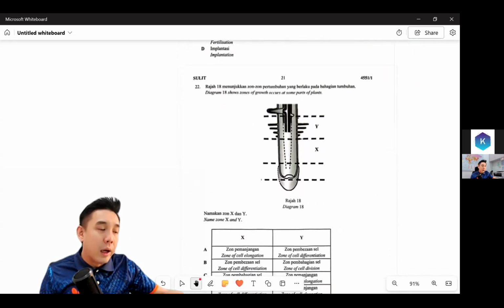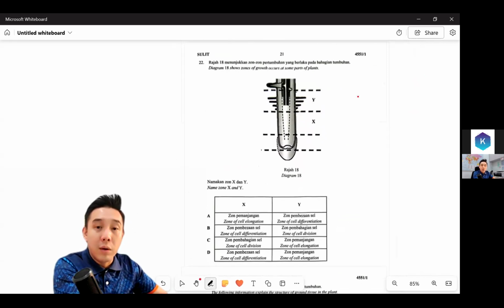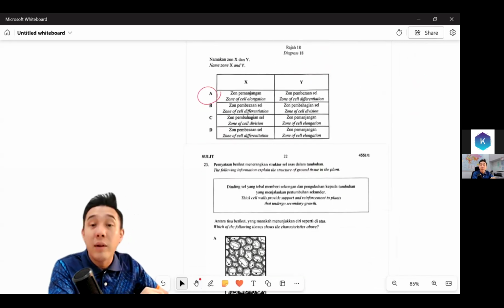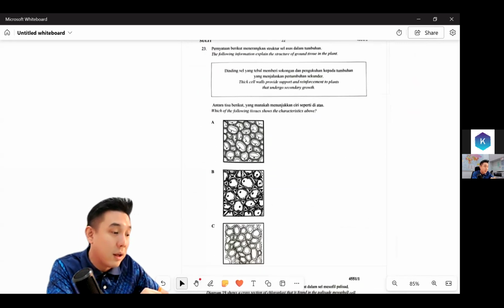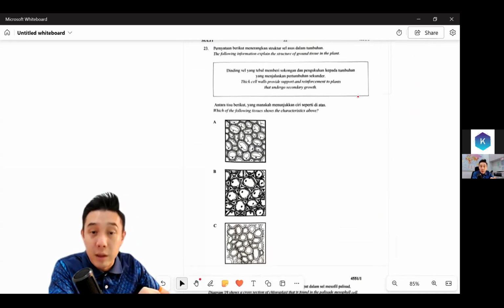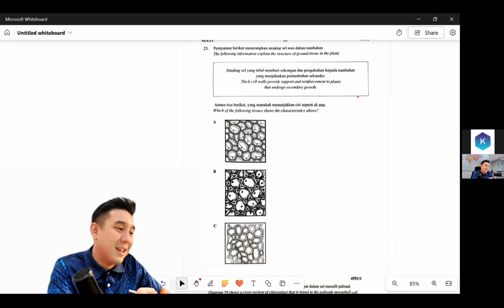For 22, guys, Form 5, Chapter 1. So there are two zones here. From the bottom is the zone of cell division, elongation, differentiation. So therefore, 22 answer is A. Differentiation means form specialized cells. Oh, I really like this question because I taught my students how to draw it. Just last week, we were revising Form 5 chapters, one class, 3 chapters. Okay, so question 23 here,